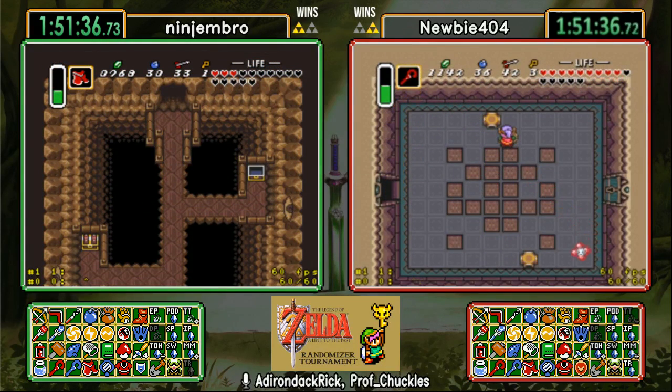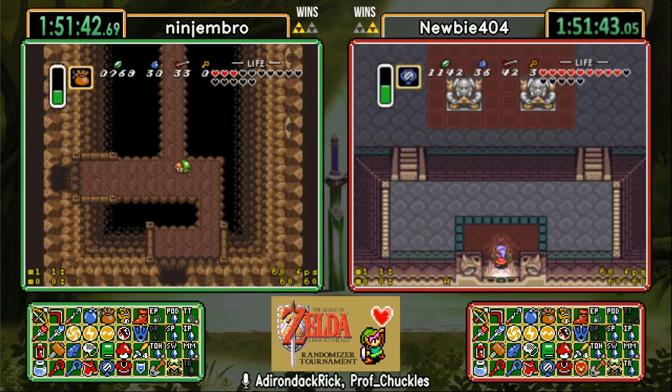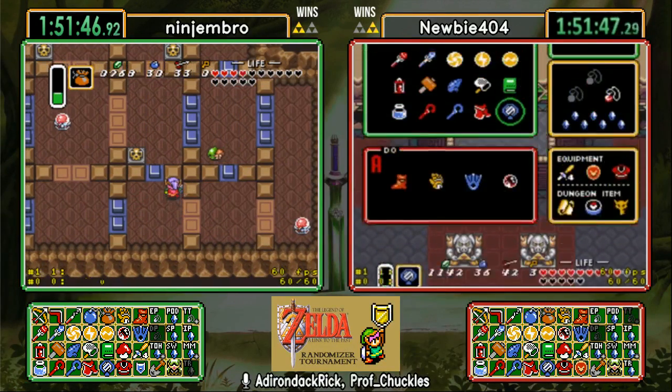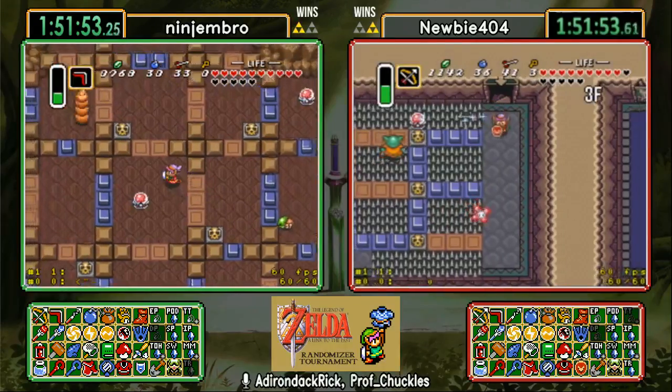Small key pickup there for Ninjembro. Big key number 18. Tile room number 18. He's got it. Oh man, in the tile room. Ouch. Ladies and gentlemen, if you picked the tile room number 18, chest number 18, you win the prize today,